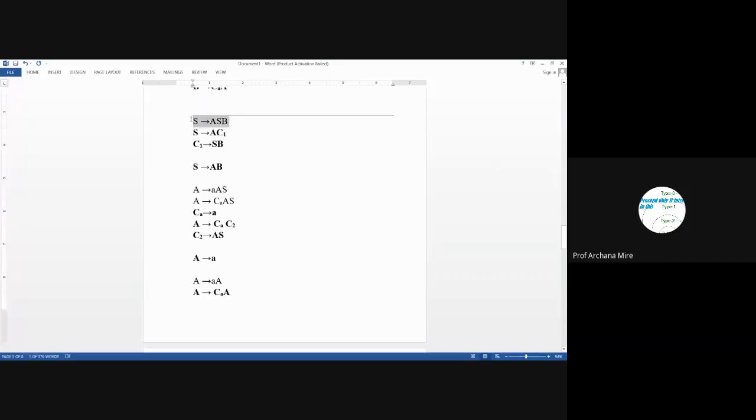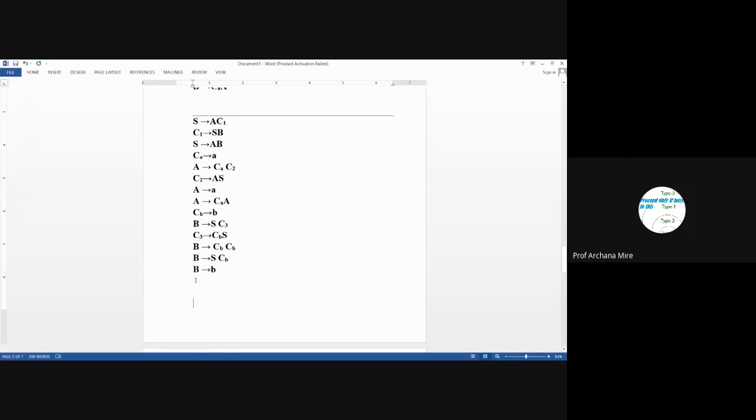So this was replaced. Now this production rule was also replaced, so we won't require it here. Now this production rule was also replaced, we don't require this. These production rules were also replaced, we don't require. These production rules were also replaced, we don't require. This production rule was also replaced, we don't require.